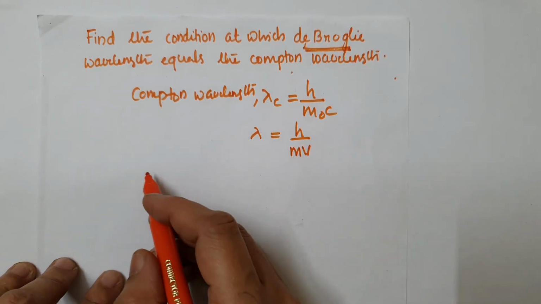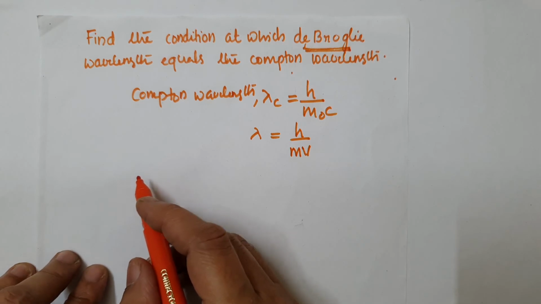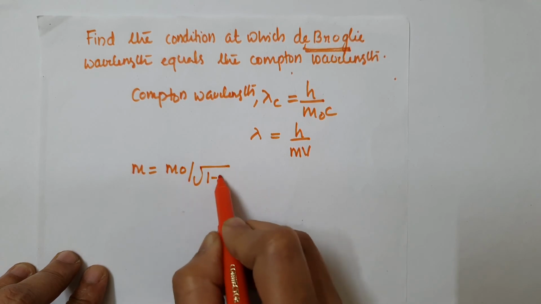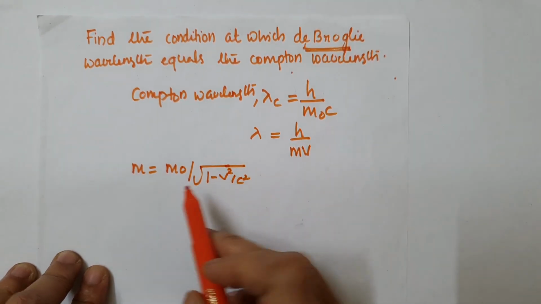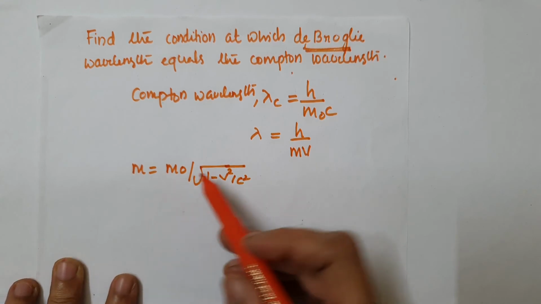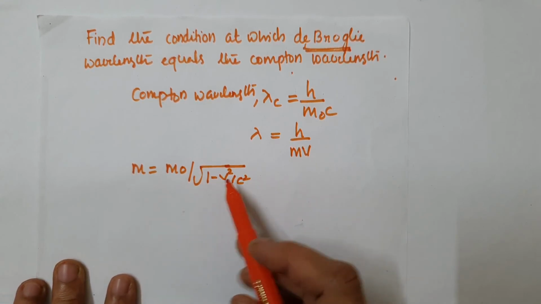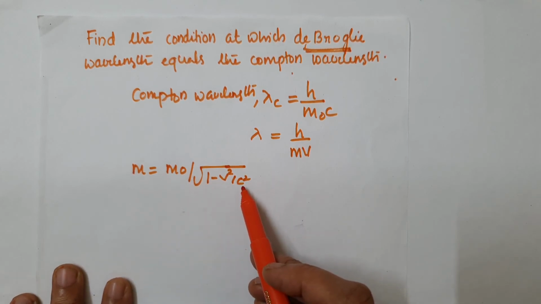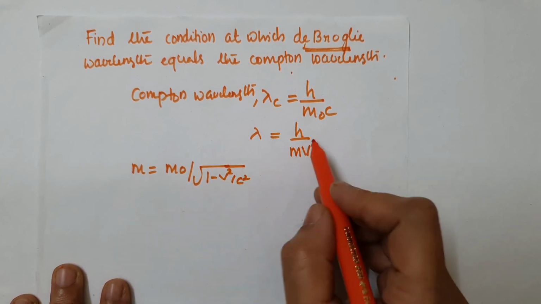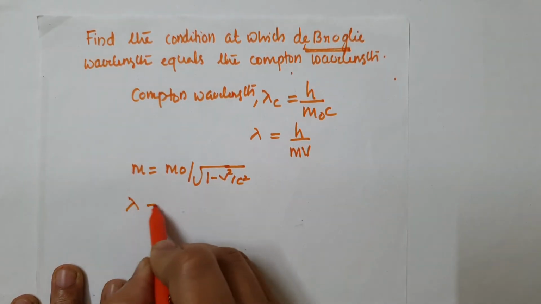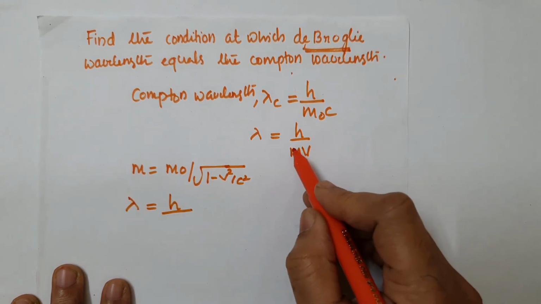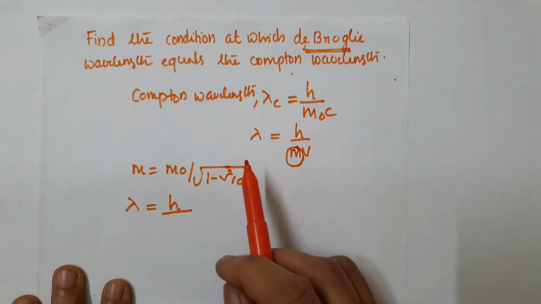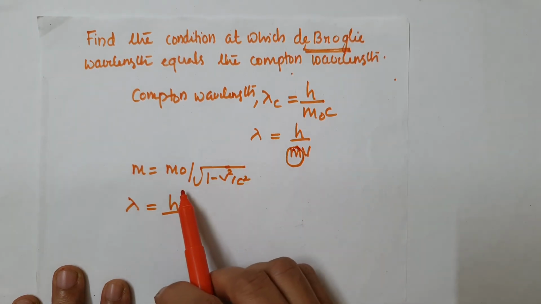And we are considering the relativistic variation of mass with velocity. That is, m is equal to m0 divided by root of 1 minus v square by c square, where m0 is the rest mass and v is the velocity. Therefore, the deBroglie wavelength lambda is equal to h by, substituting the value of m relativistically,